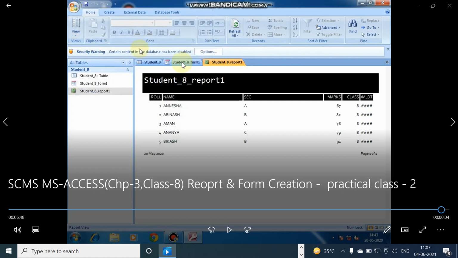If you close the report and forms at the right hand side in the working area, then also these things will be there. And if you click on the form, if you click on the report, that will be reflected at the right hand side working area. So student, this is the part, this is the